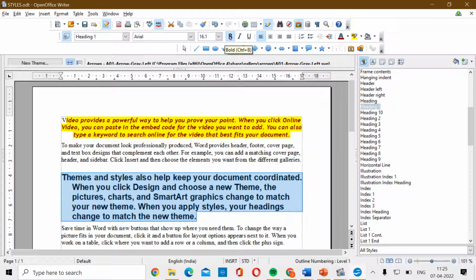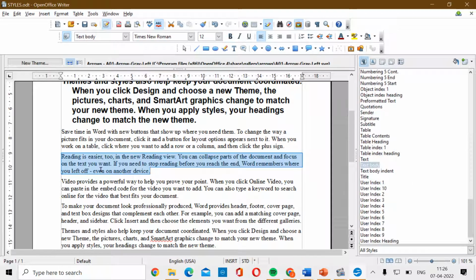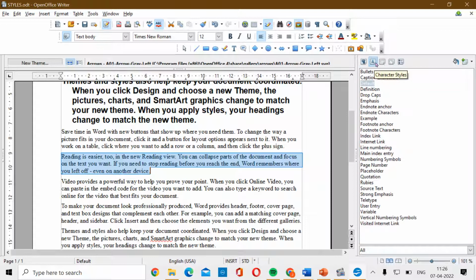It is bold, it is left aligned, right? So therefore, whenever you want to change a particular paragraph, you need to click on paragraph style. By mistake, suppose you have selected the paragraph, but you went to character style and you try to implement index link. So you will see that there is no change in your paragraph. Why? Because this is a mismatch. You are selecting the paragraph and trying to apply a character style. So I hope this is clear to you.